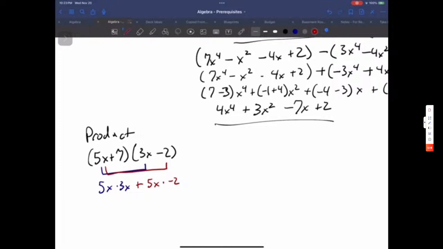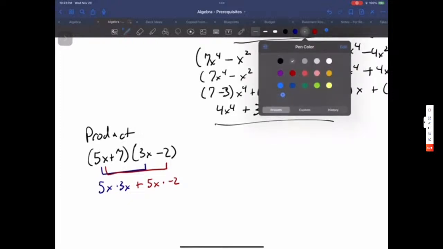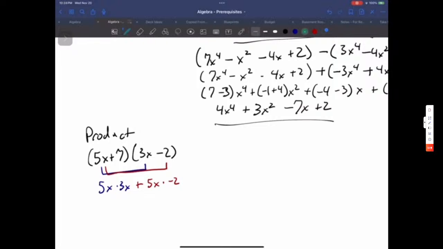And then let's do green. We want the product of the 7 times the first one, so plus 7 times 3x, and then we want the product of, back to black, the second of the first one and the second of the second one,